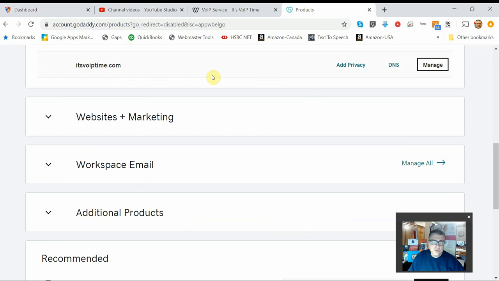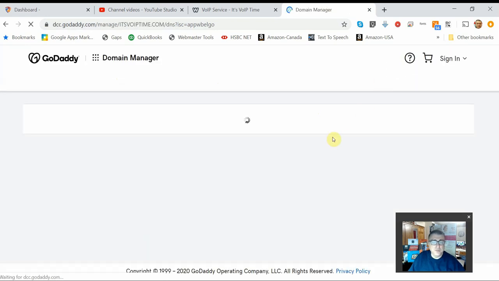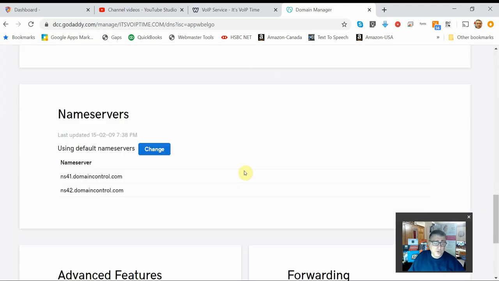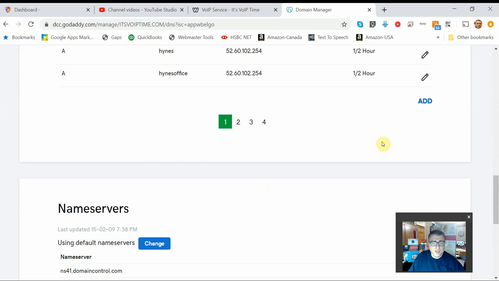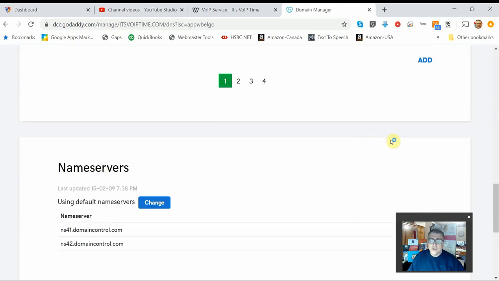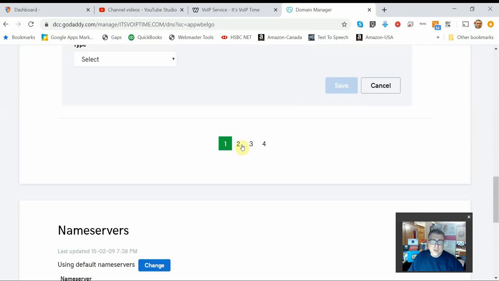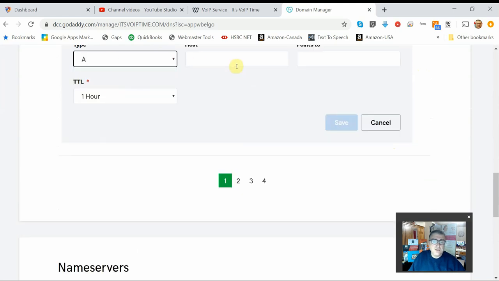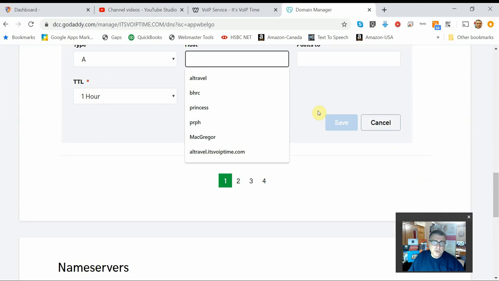I'm going to create two host names in order to use them as separate tenants on the Fusion PBX. So the first thing, I go here, and again, if you use something else other than GoDaddy, it should be the same idea. So this is a list of all the host names I'm using. As you can see, I have 4 or 5 pages. So what I'm going to do is add a new host. The type should be A, and the host will be the name that you're going to point to the server. And the first one, I'm going to call it